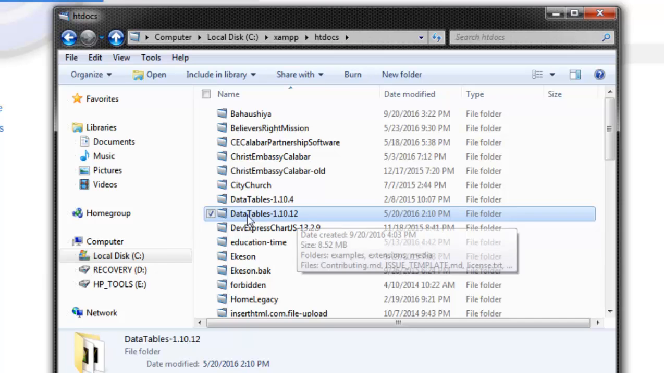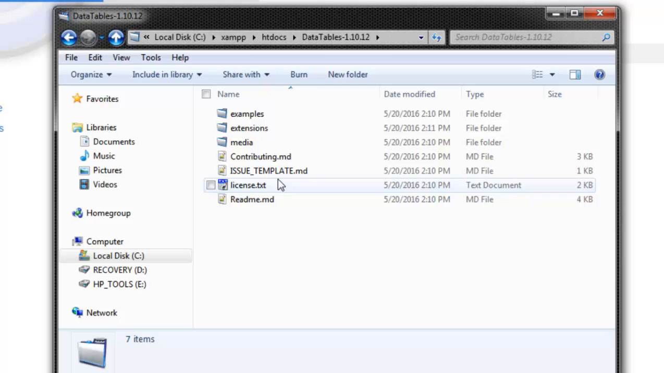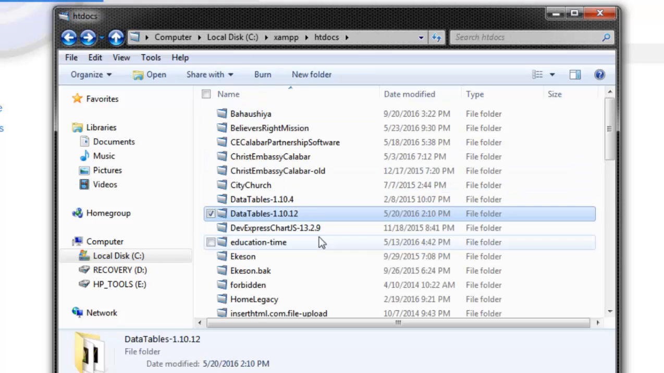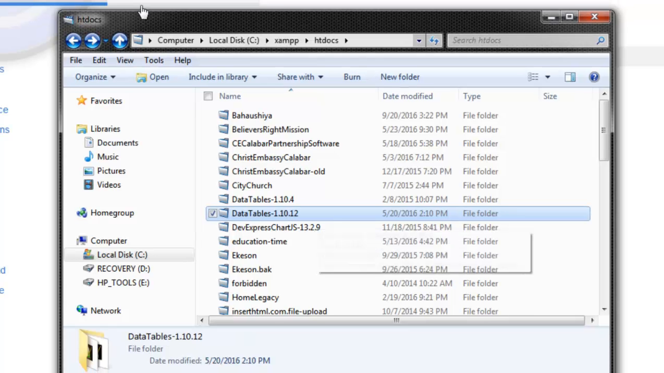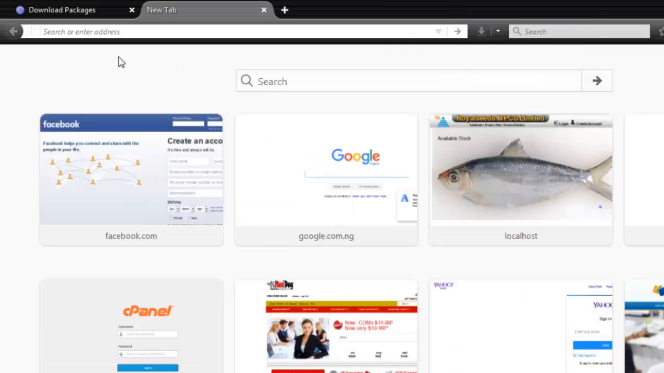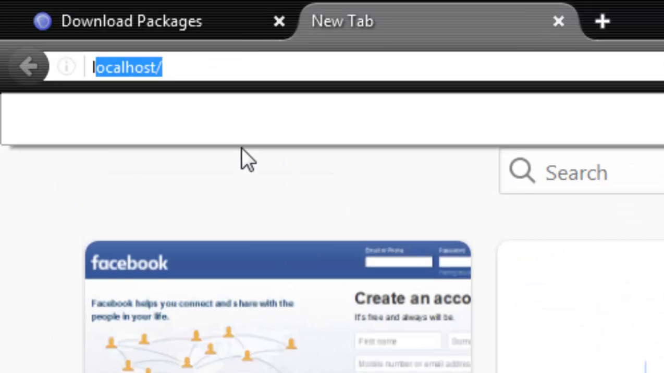So what we're going to do now is not open this directory and start looking for HTML files to run. That's not the way we do it. If you want to test run the examples from DataTables, you're going to have to go back to the web browser, and then type localhost